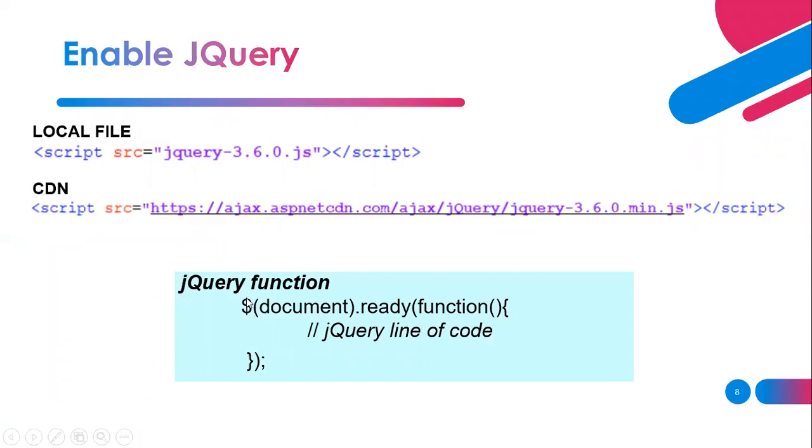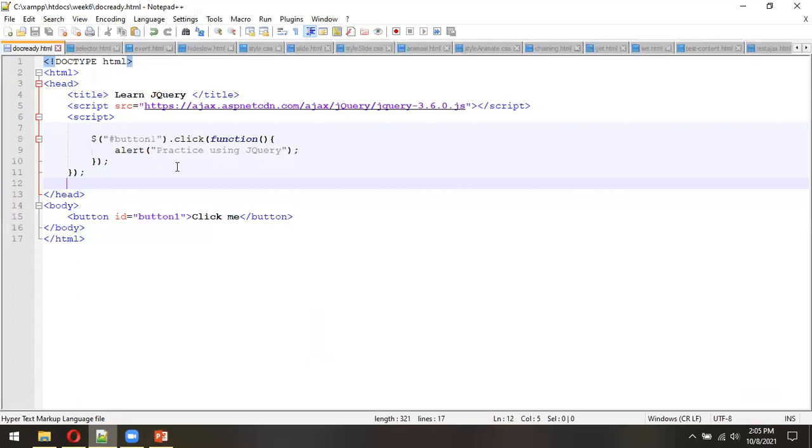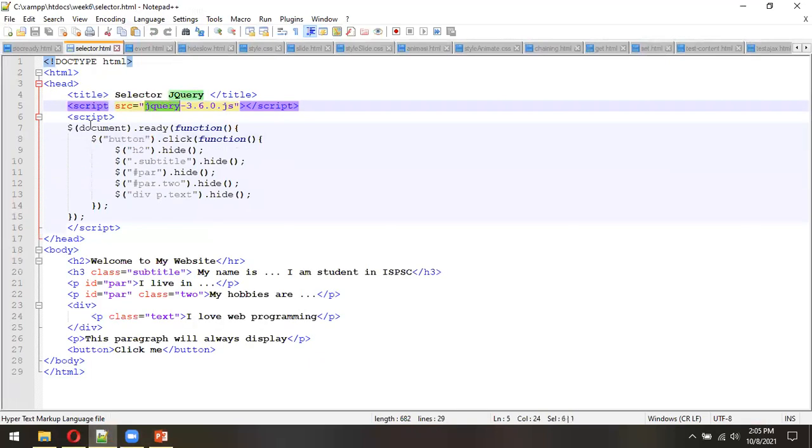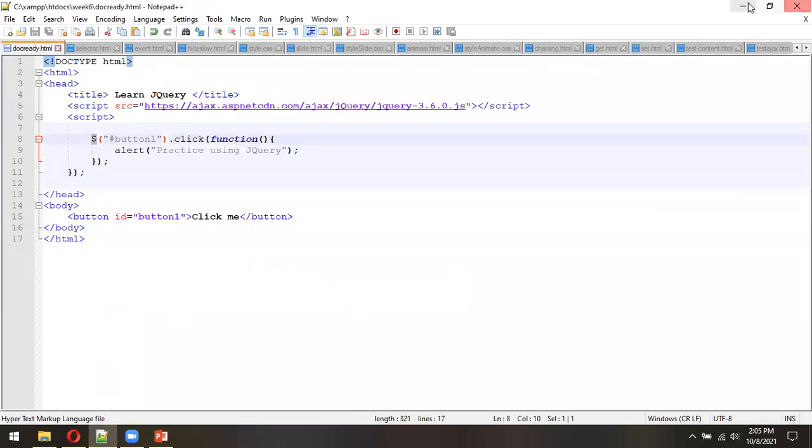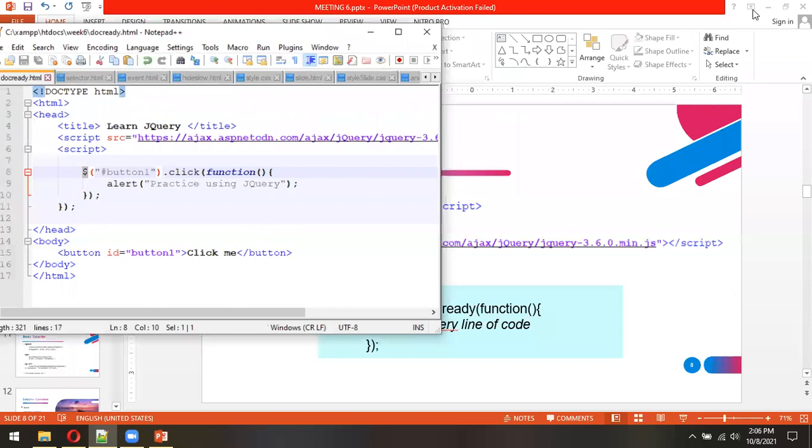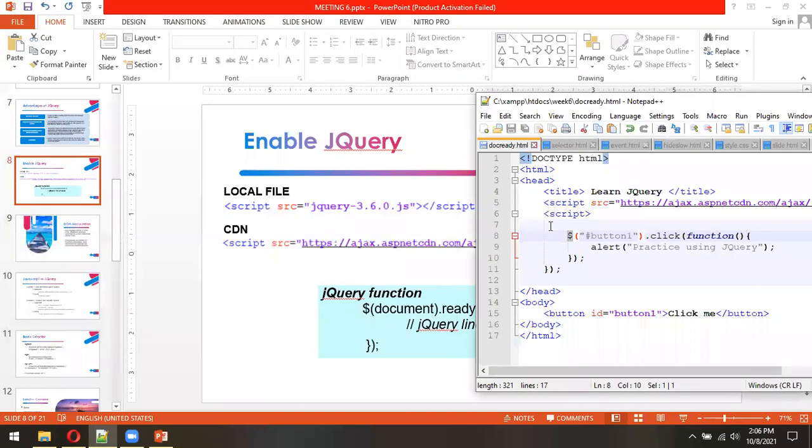The dollar sign is to set that our code is jQuery code. So if you see our code next, all of this code must start with the dollar sign, because the dollar sign is the indicator for the, I'm sorry, for the jQuery. Okay. So you need to add